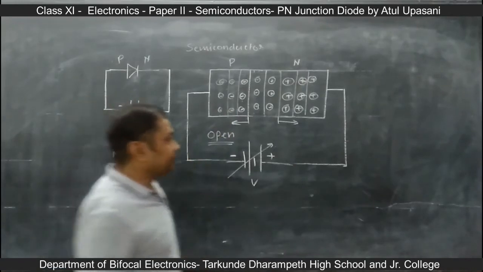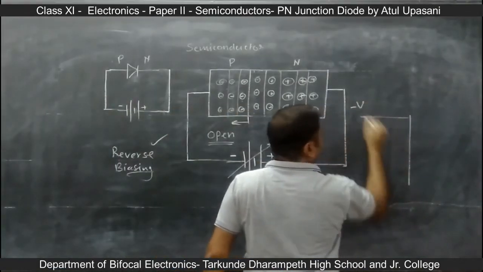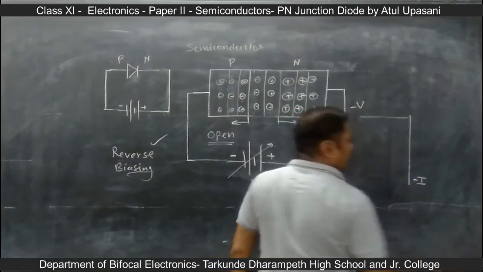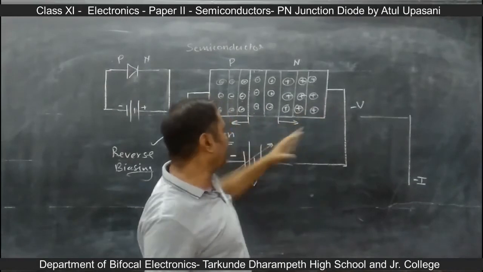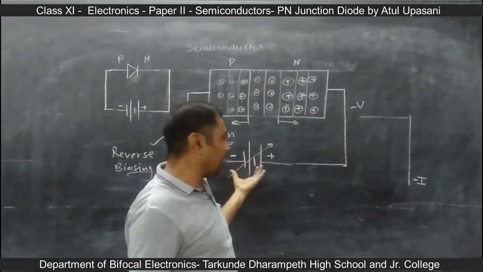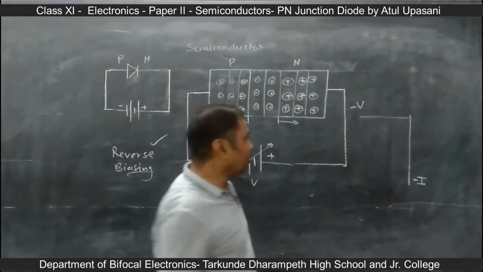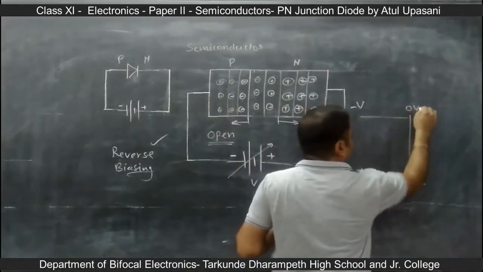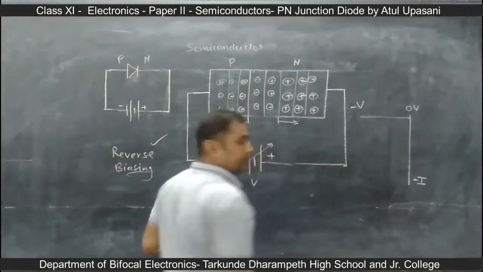But further, if you plot a graph of the reverse bias characteristics, with negative voltage on the x-axis, negative because the applied voltage is in the reverse direction, and negative current because the current direction is reverse. So if you start gradually increasing the reverse voltage, there will be no current conduction.